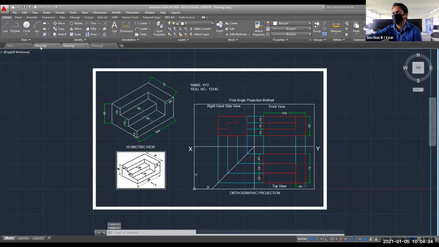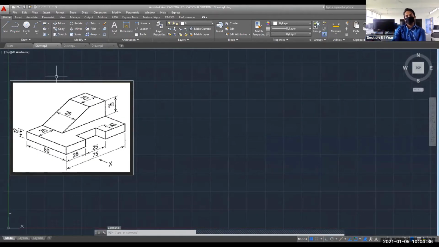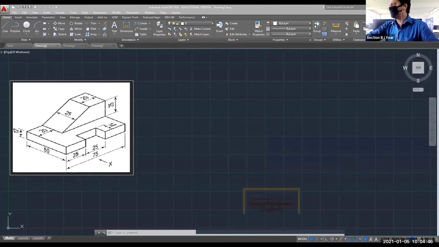Like for 2D commands, we have seen 6 different figures. For this iso to ortho and ortho to iso, we will see 3 diagrams. Okay, then we will move on to a few more basic concepts or some more commands in your AutoCAD. We will see 3D commands in later classes.